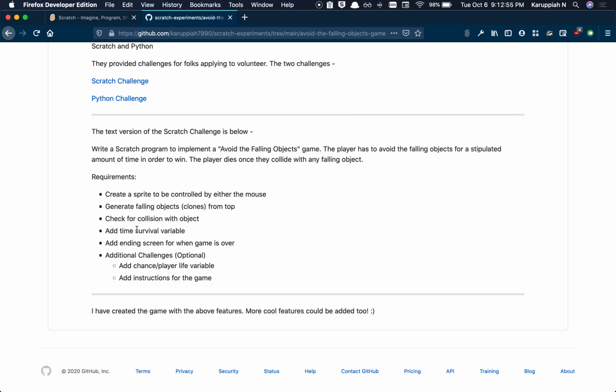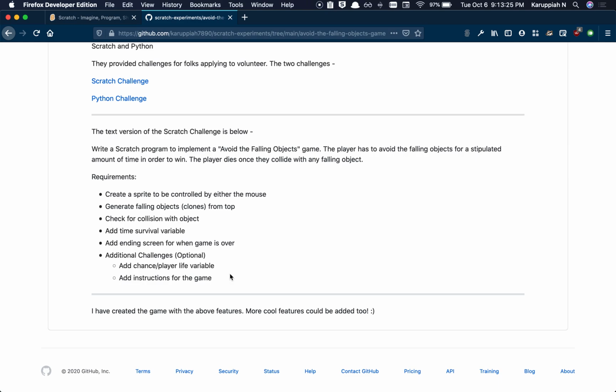And there are some more details over here. What this basically means is showing the time that the player has been surviving for, so a time survival variable, and show an ending screen when the game is over. And there are some more challenges, like adding how many lives the player has, and some instructions for the game. So that's the text version.